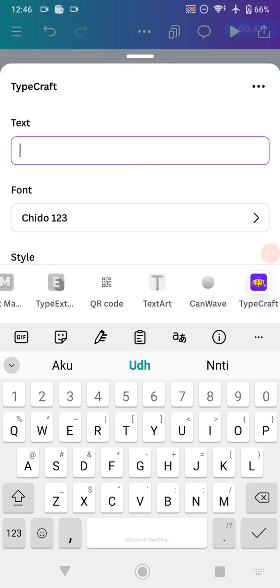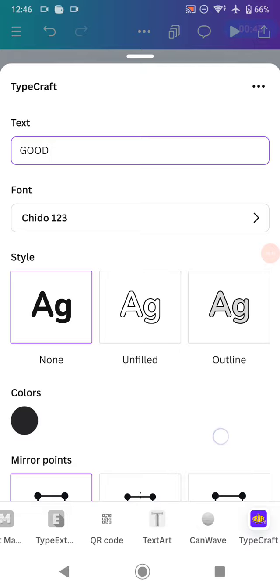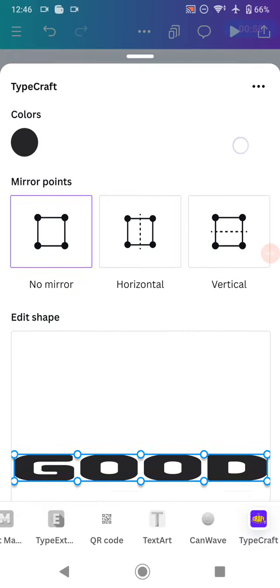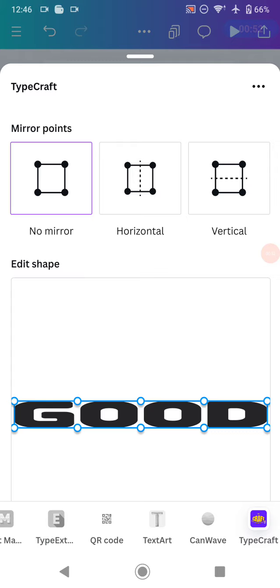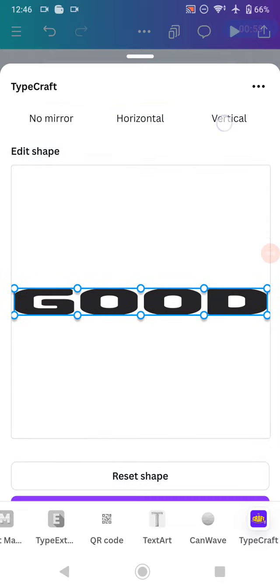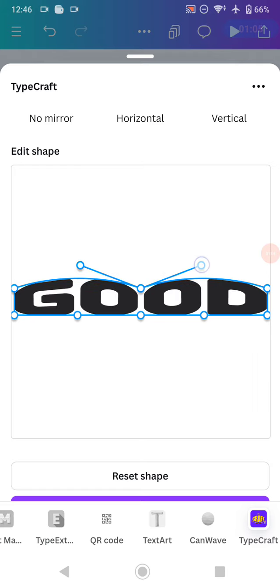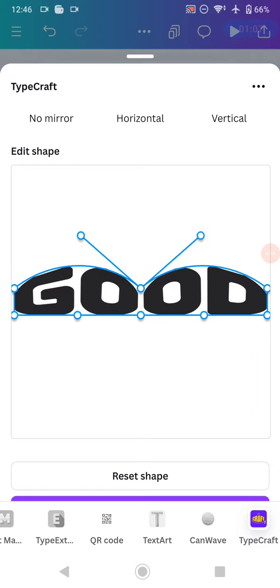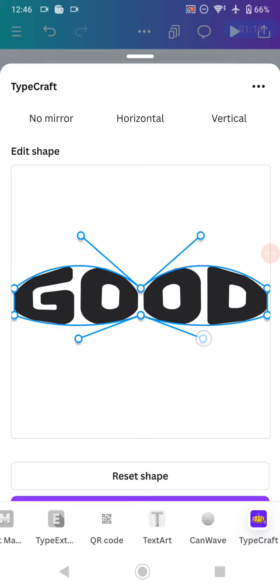For example, I would like to type "good," and then scroll down, and after that you can use the mirror points, the horizontal mirror points, to make it an easy design. Then click this side, and then down here,